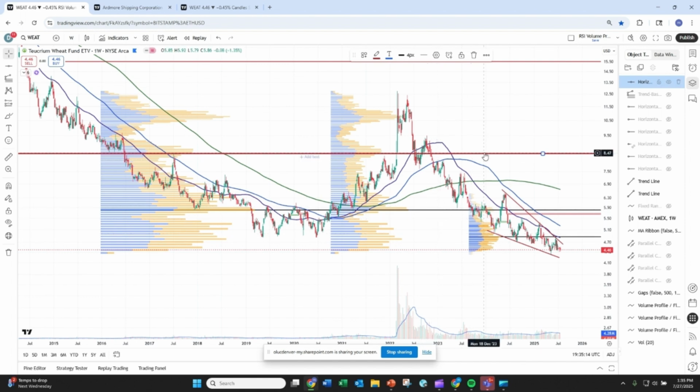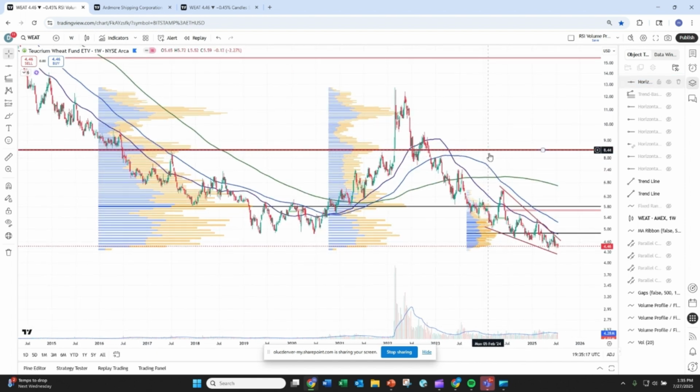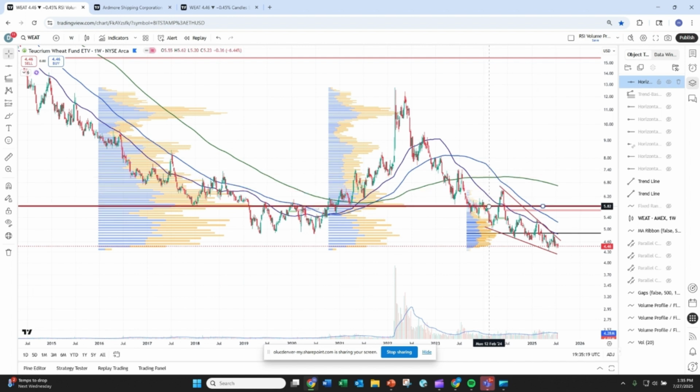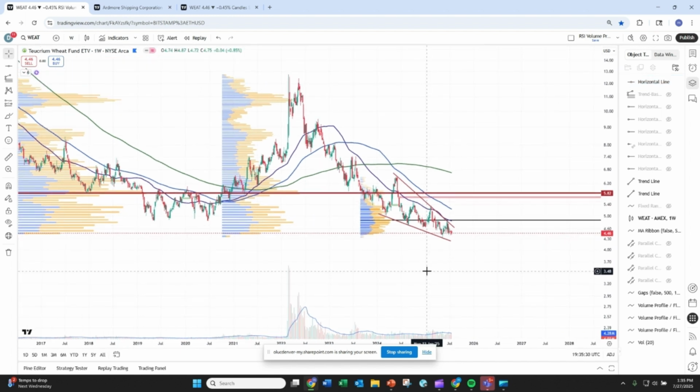Shorter term, I think we're looking at this line here. You can see how it was support, and then it became resistance. So we are way down there. Now let me put in